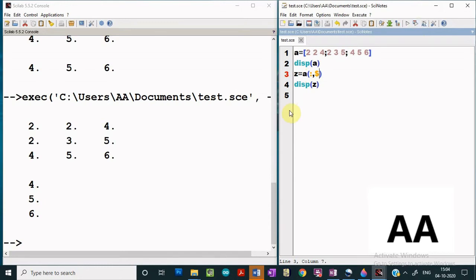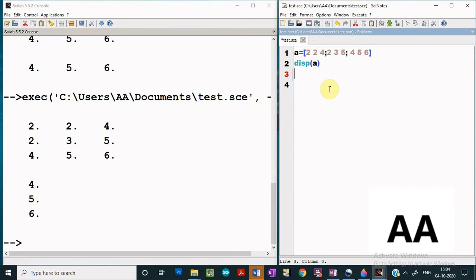So we have seen how we can access a single element, how we can access the elements of a matrix row wise, column wise, how we can extract a submatrix, and how we can extract the last row or the last column. Now let us learn more about some inbuilt functions available in Scilab.